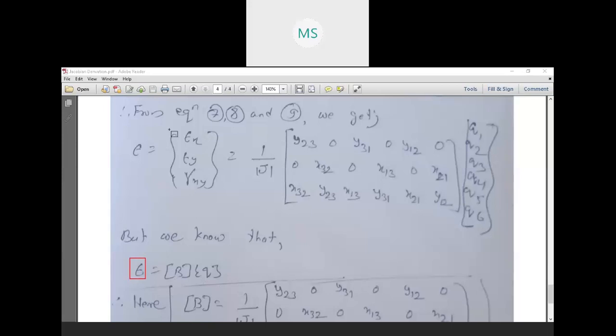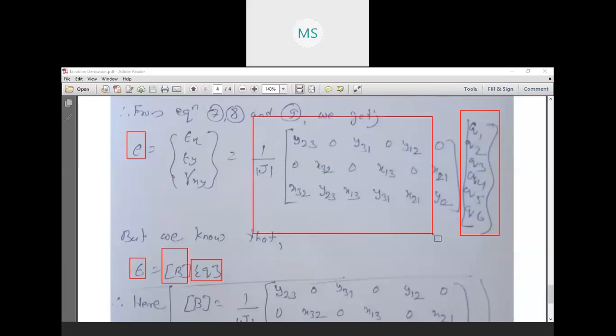Okay, so this is my epsilon, and epsilon, what is my Q? This is my Q, the generalized form of all the 6 Q. Since we are having 2 degrees of freedom at each node, we have Q1, Q2 for node 1, Q3, Q4 for node 2, Q5 and Q6 for node 3 as the displacements. And the remaining part, which we are denoting by matrix B, will give you the strain displacement matrix.